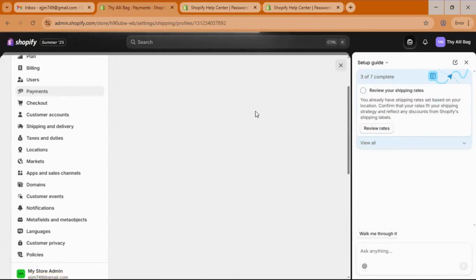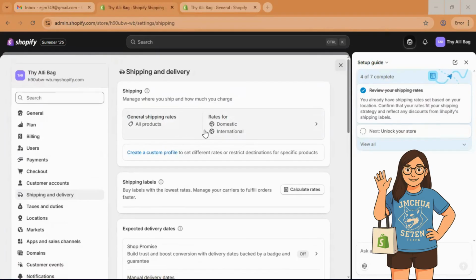Hit it. So technically, the shipping rates here refer to the cost that you as the retailer charge your customers for the delivery of products they purchase through your online store. These rates can be determined in various ways, including flat rate, carrier calculated rates, or rates based on factors like weight or price.